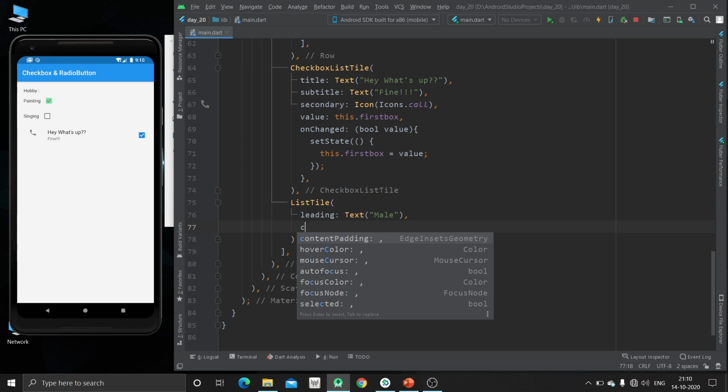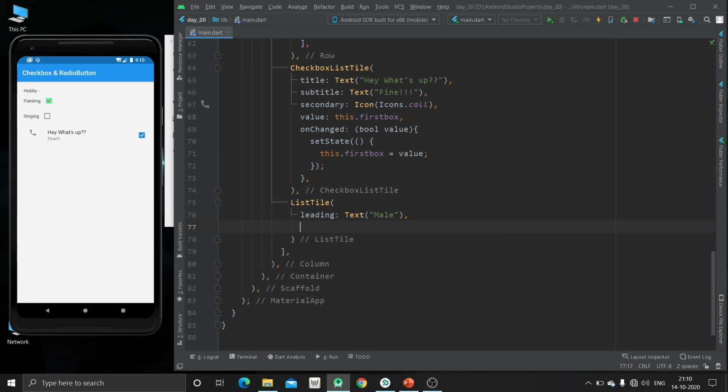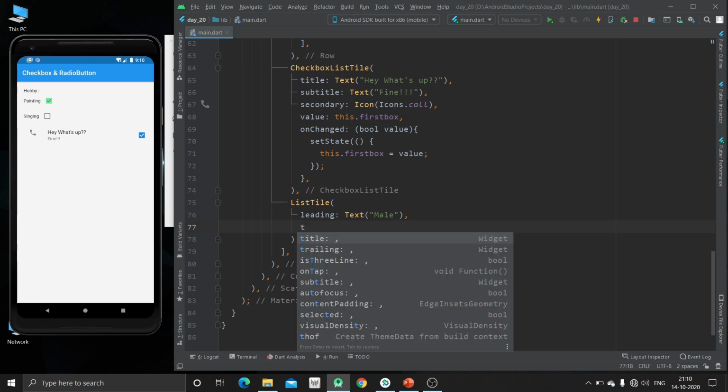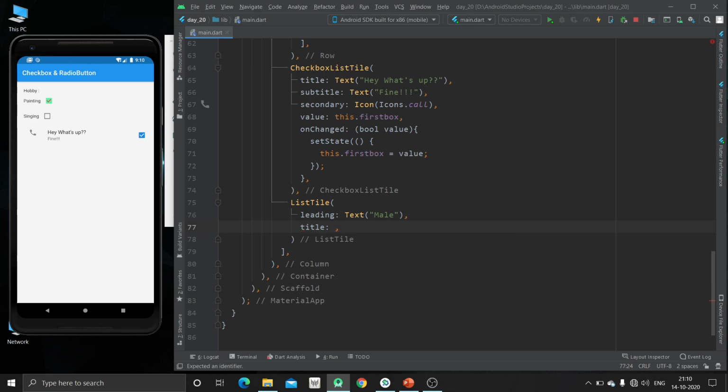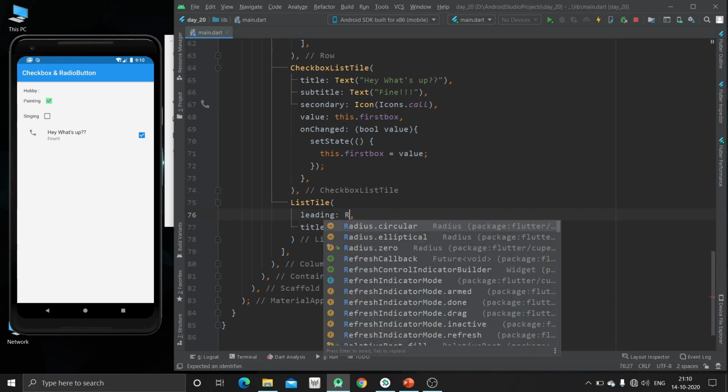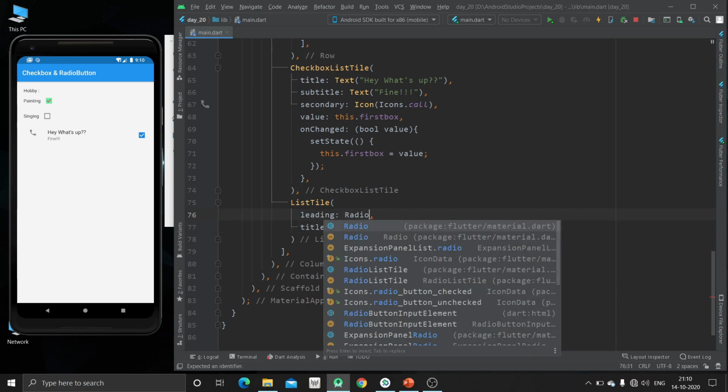In title we can give the text male, and in leading we can use the radio button. So just cut it from here and paste inside this. Now here we can use the radio button.